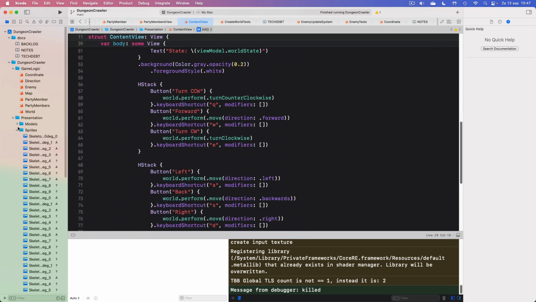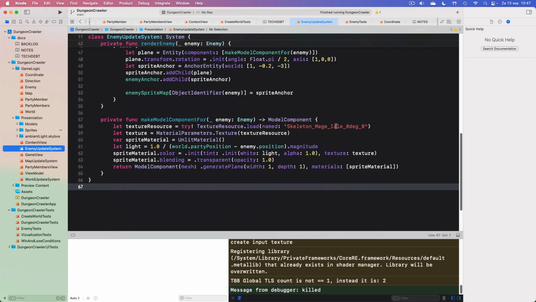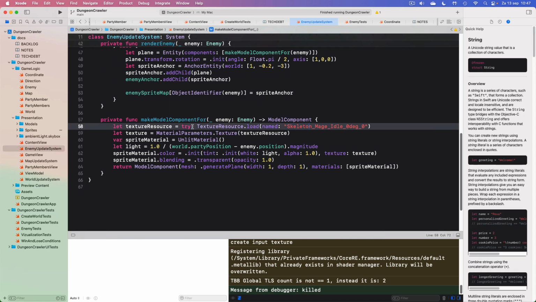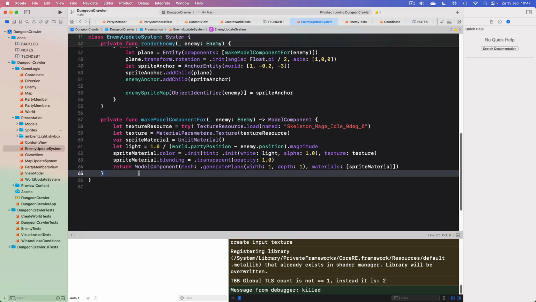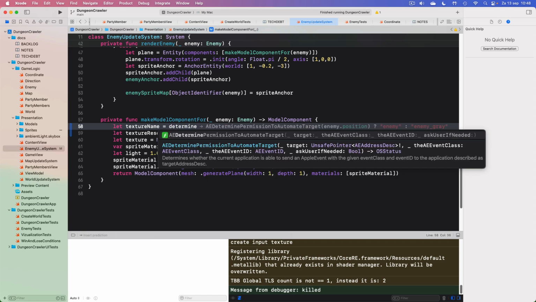Well, we need to go into where we're determining what texture to load. Here it is always this file, and I guess what we need to do is make sure that this becomes something we can change on the fly. So let's see. What if we take a texture name, and this is something that we calculate. So we determine texture